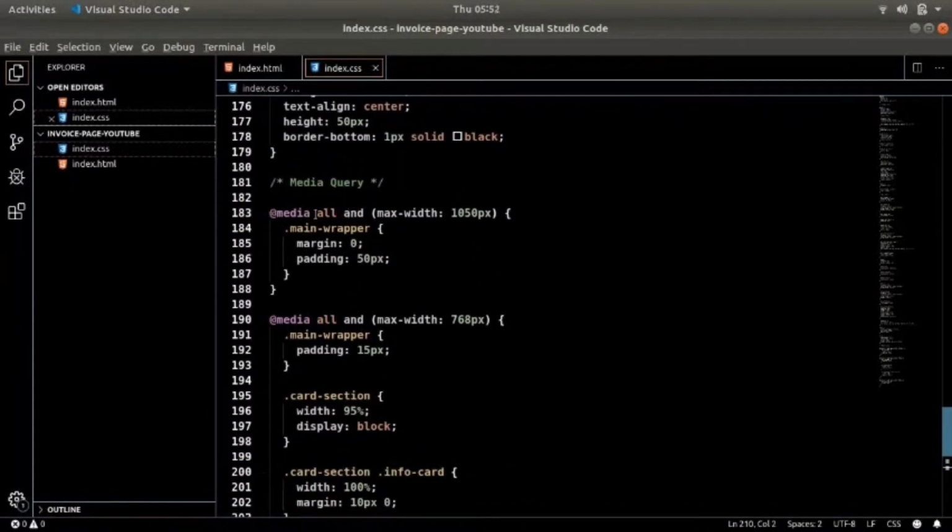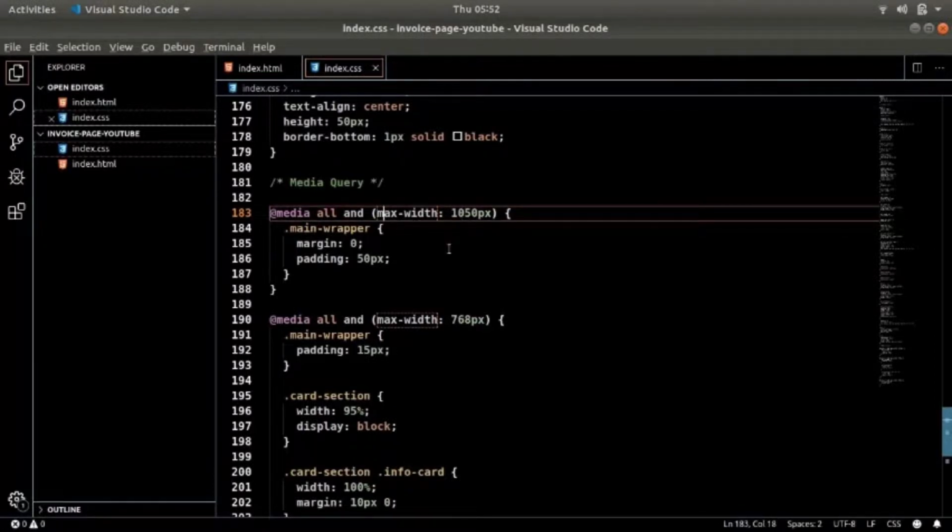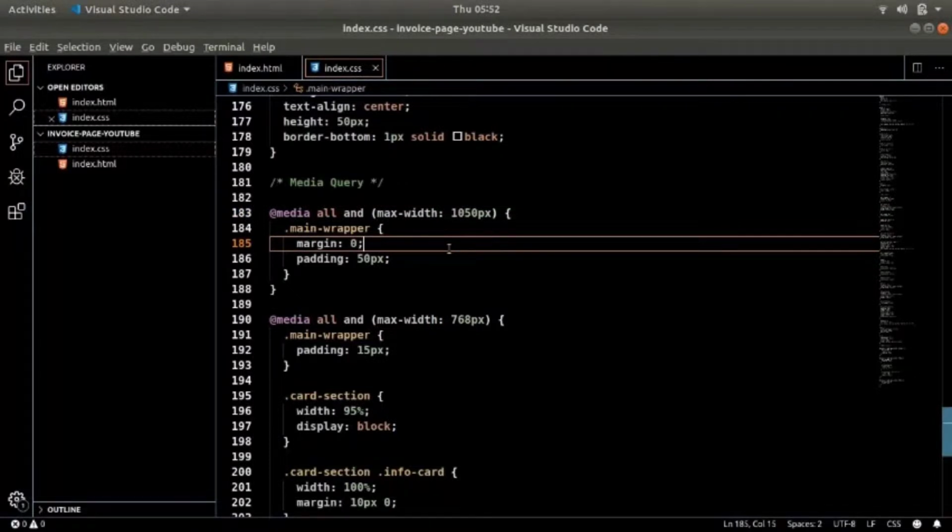Similarly, media all and max width. As we are working with a desktop first layout, we will use max width. If we had built the mobile layout first, and then tried to make it responsive for the bigger screens, we would have used min width. But here we have first designed for the desktop view, so we are going down, and we will use max width.